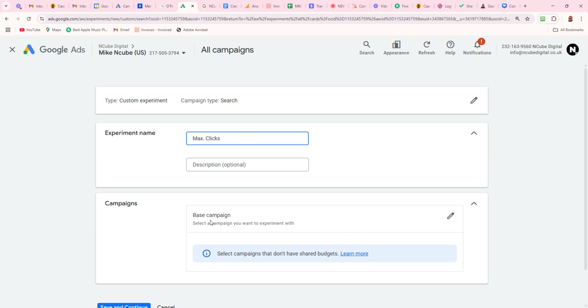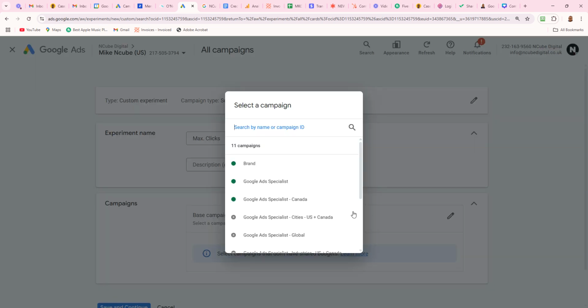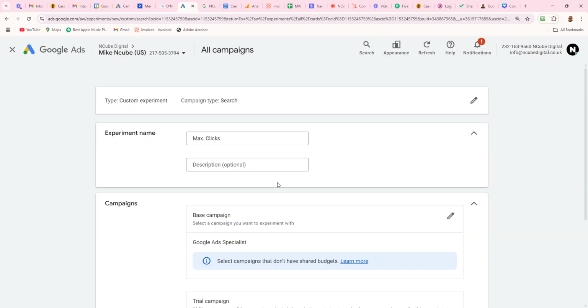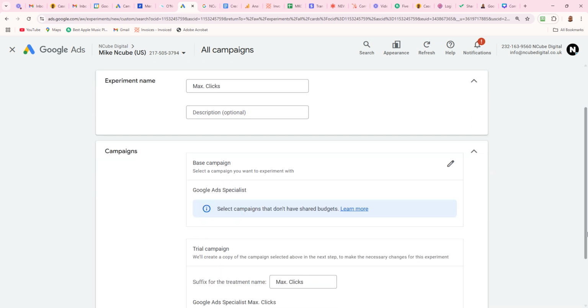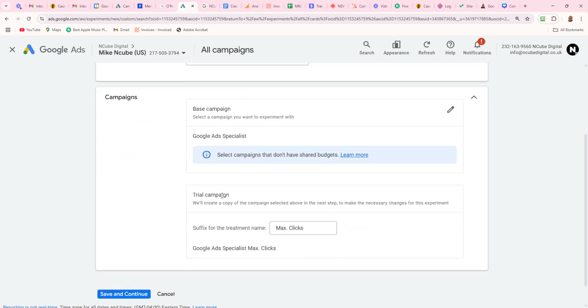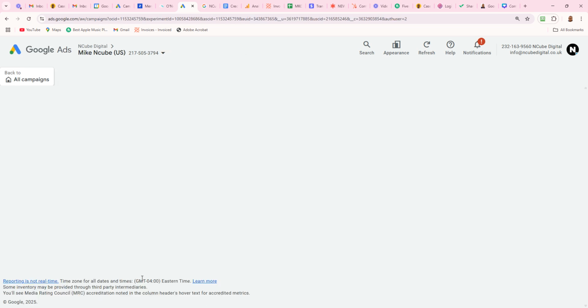Then we need to pick the campaign. So the base campaign, select a campaign you want to experiment with. So if you go right there, I could go that one, Google Ads Specialist. So this is my campaign, and I've selected it right there, and it gives it a suffix for the treatment name, which is maximize clicks. So if I go save and continue,